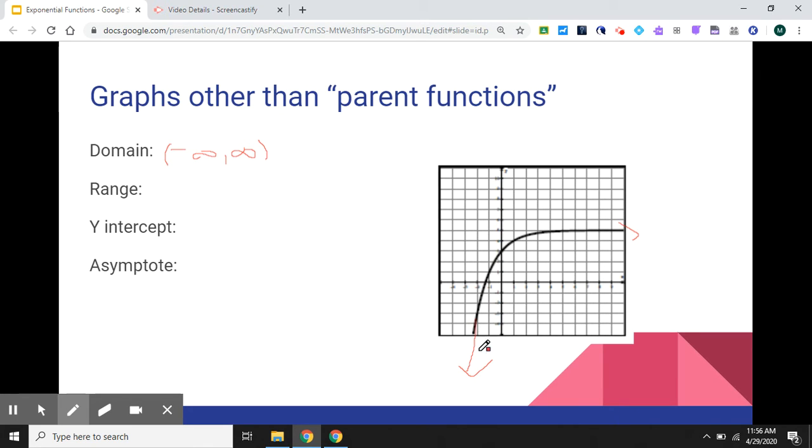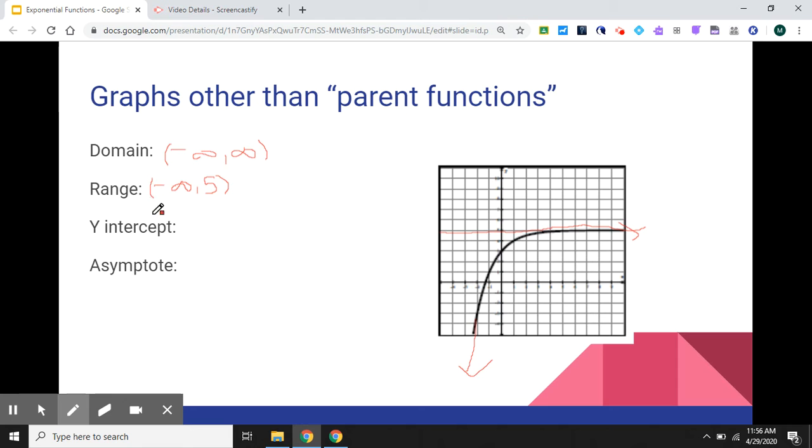Our range is still from bottom to top, looking at the y values. So if I look down here, we have an arrow down at the bottom, which means that's going to be negative infinity. And we keep going up and getting closer and closer to this horizontal line here. But officially, we never ever touch it. It's hard to show that in graphs, so it looks like it is touching it, but it's really not. So we can say our range is from negative infinity up to 1, 2, 3, 4, 5. If it's hard to read the numbers, you can assume that they're all equal to 1, and that's what we're going to go with. So negative infinity to 5